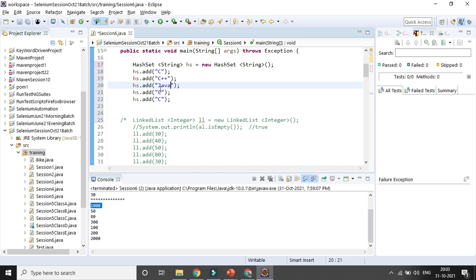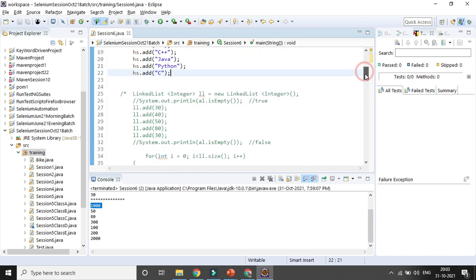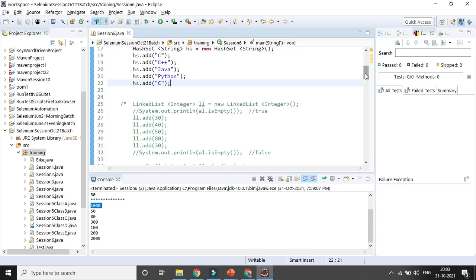Now if you want to print the values, we can use an enhanced for loop, right? I already mentioned the while loop, for loop, and this loop, but we can also use another for loop, which is the enhanced for loop. So I will let you know how to use the enhanced for loop here. So how can you print it out? Instead of the normal for loop, I will be using the enhanced for loop.